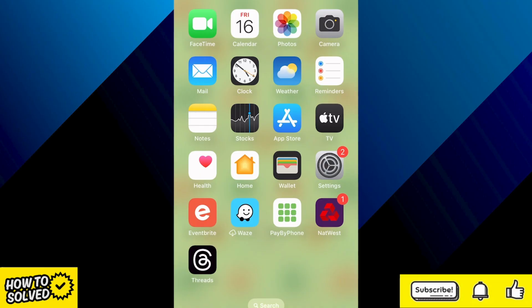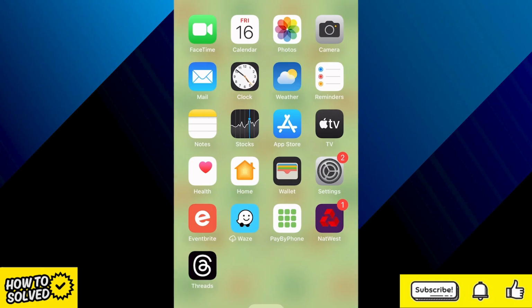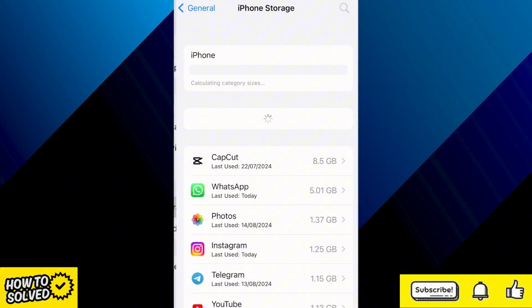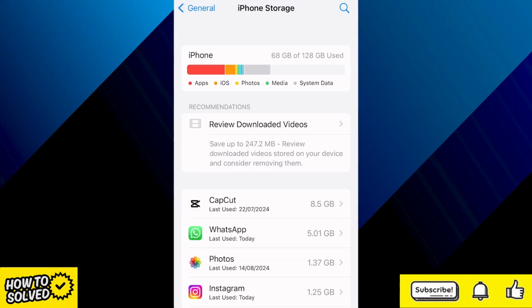The first thing we need to do is just check our storage to make sure we actually have adequate storage space. And to do this, what we need to do is come inside of Settings, come down to General, select iPhone storage, and right at the top here, you'll see how much storage space you have available on your iPhone. As you can see, for me, I have 68 gigabytes of storage available, which is more than enough to download an application. And if this is also the case for you, then we can just come back out of General,